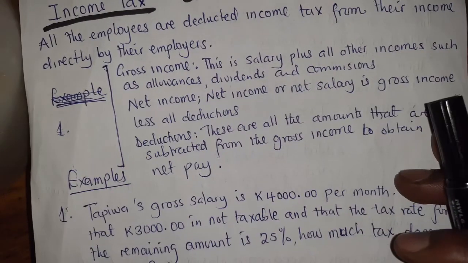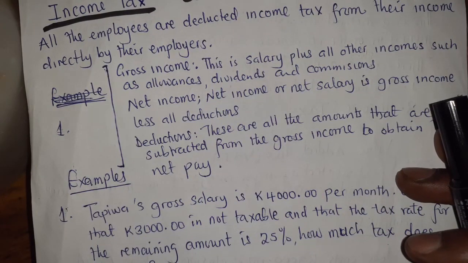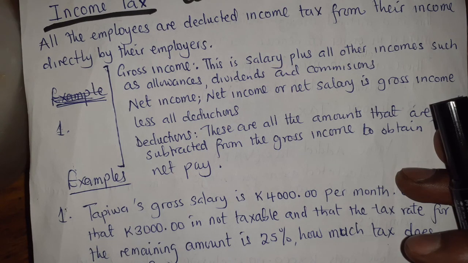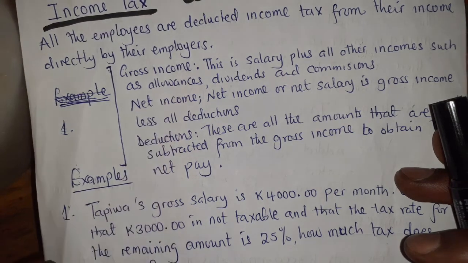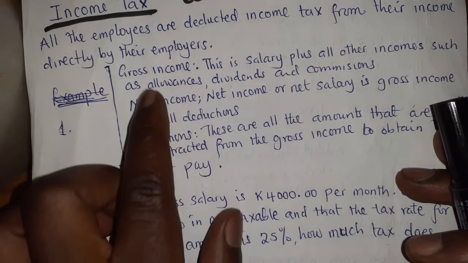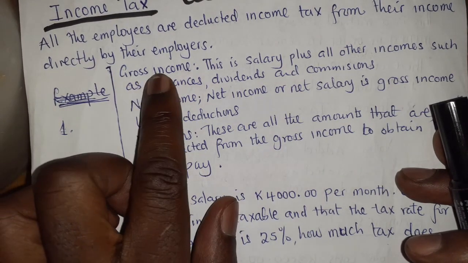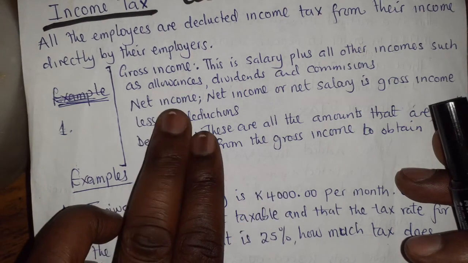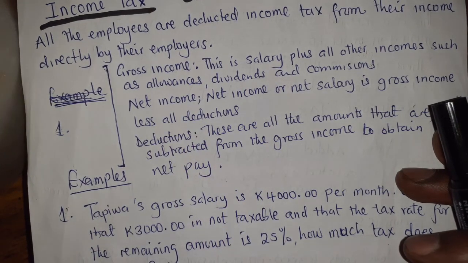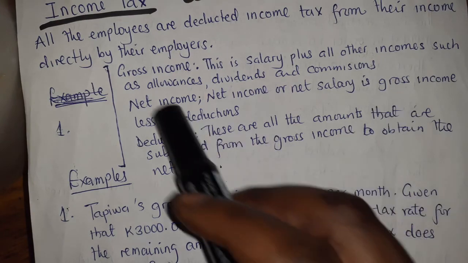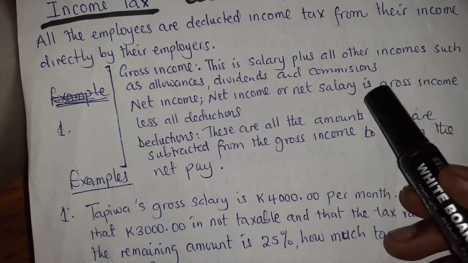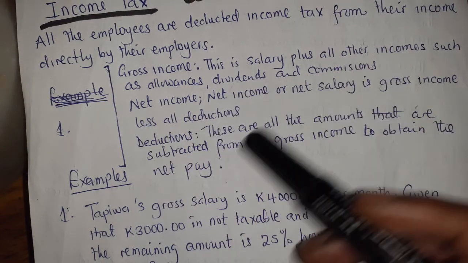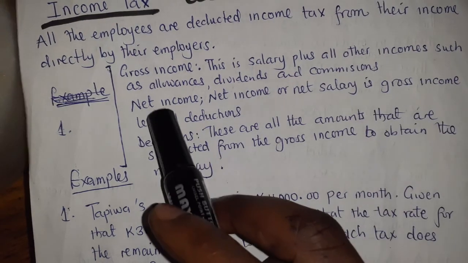So all employees are deducted income tax from their income, directed by the employer. So I think in the previous lesson we talked about what gross income is and the net pay. Gross is the total of all the incomes such as allowance, the basic salary, dividends, commission. Then net pay